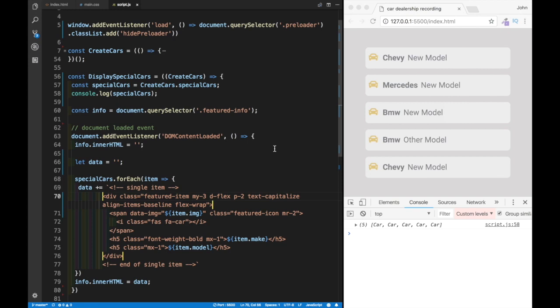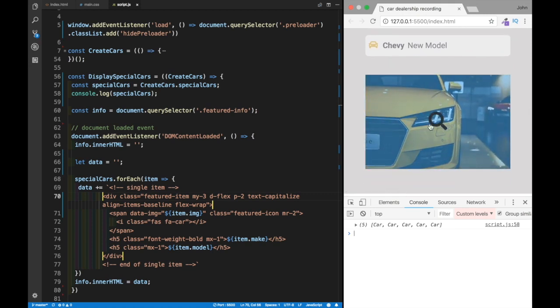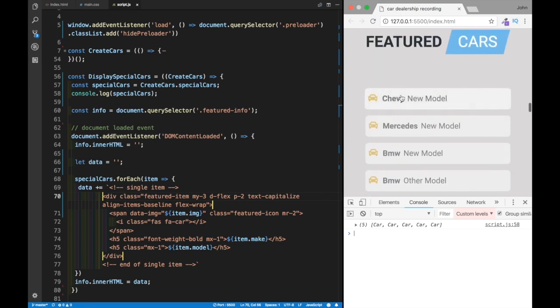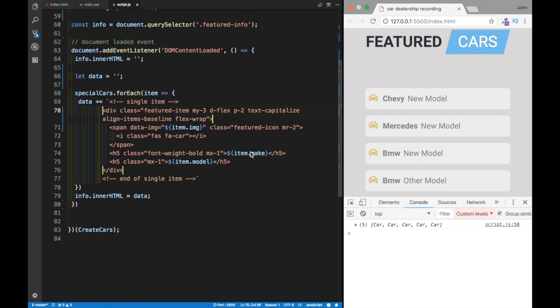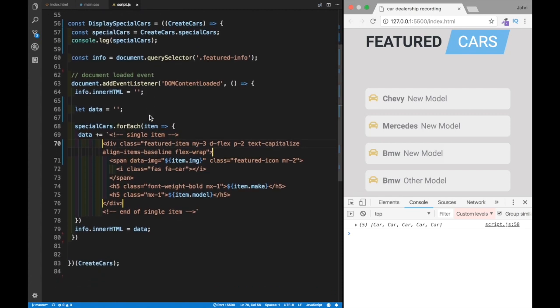We also would want to display, like I said, every time I'm clicking on a photo, I would want to get the photo not of the car that I have right now, the yellow one. I would want to actually get whatever the image is for the car. So let's still keep working over here within our display special cars, and then we're going to have another event